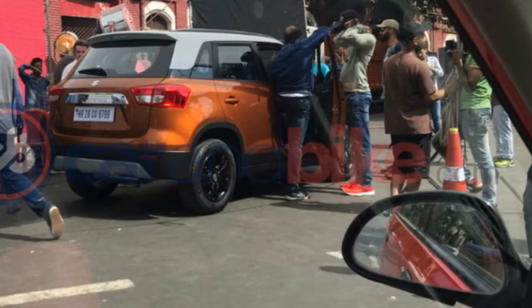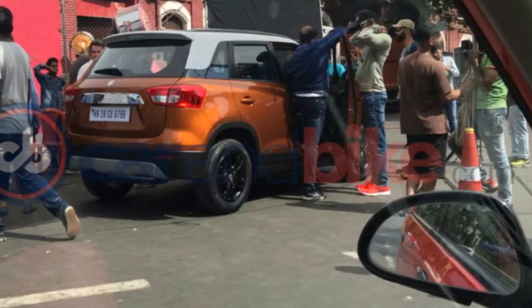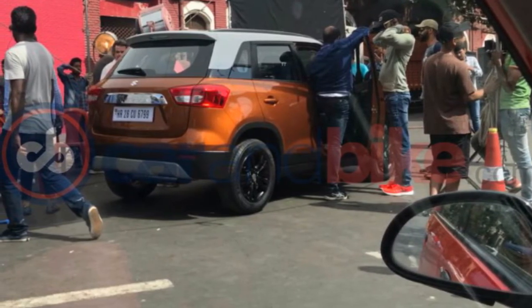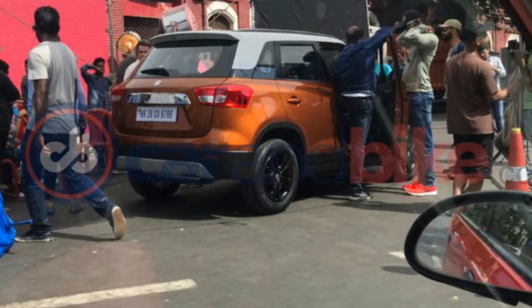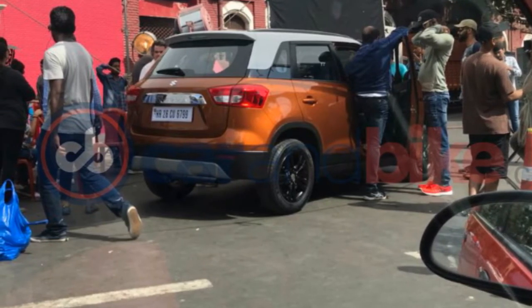Exclusive: Maruti Suzuki Vitara Brezza with new orange color spied. The Maruti Suzuki Vitara Brezza is the highest-selling SUV in the country. Available with bright colors and two-tone options such as a red body and a black roof, or a blue body and a white roof in the top spec variant, the Brezza ushered in a whole variety of factory or dealer-fitted